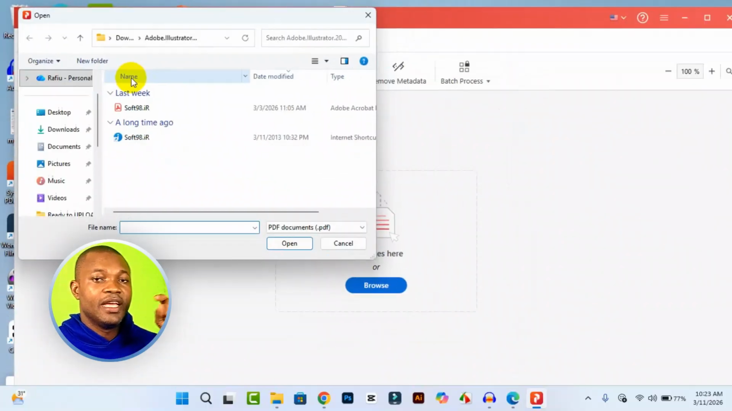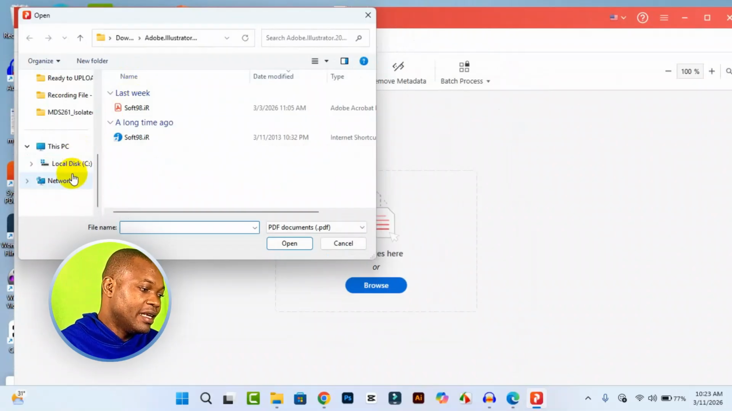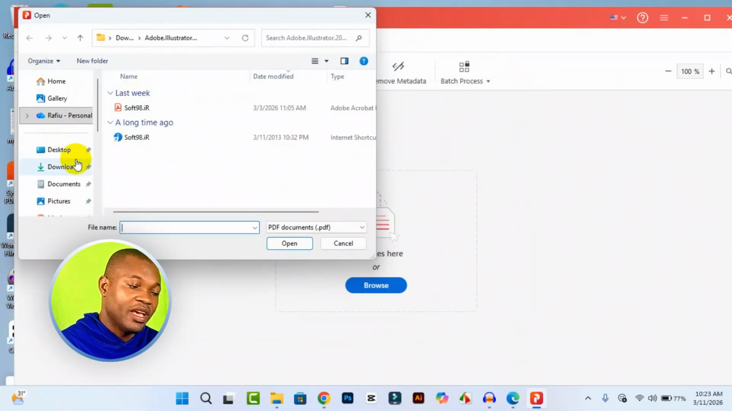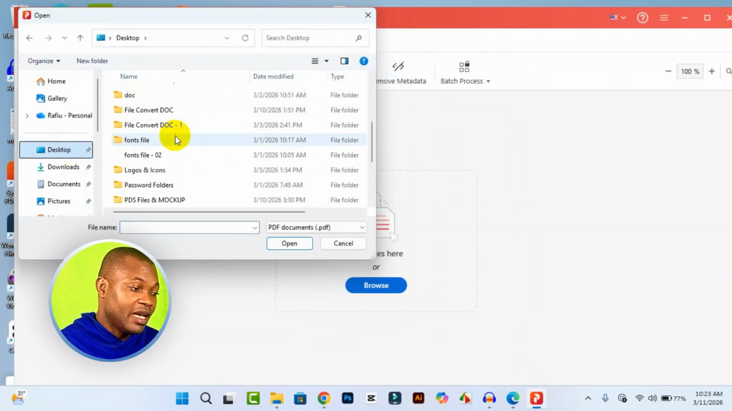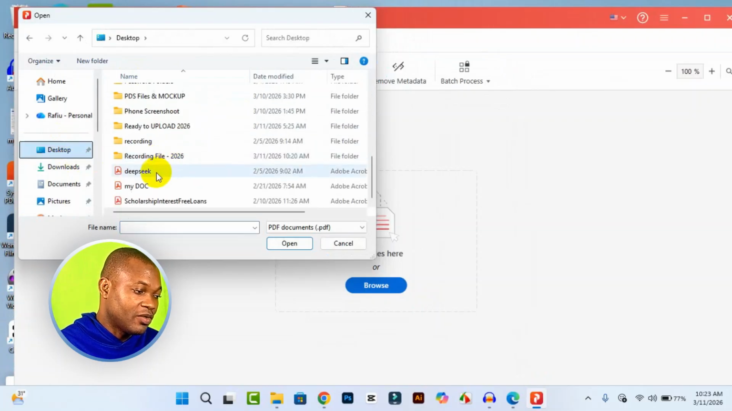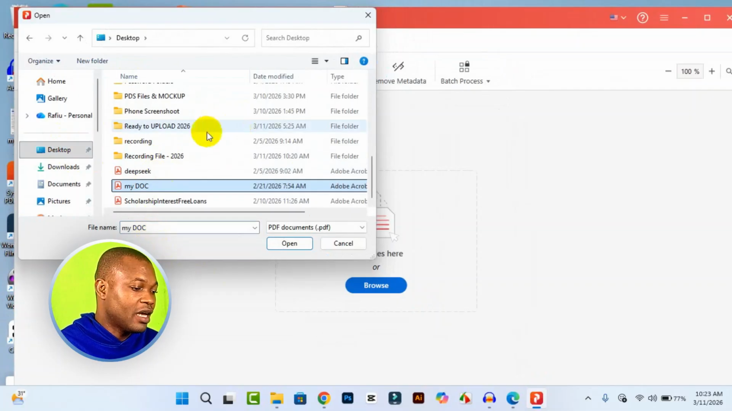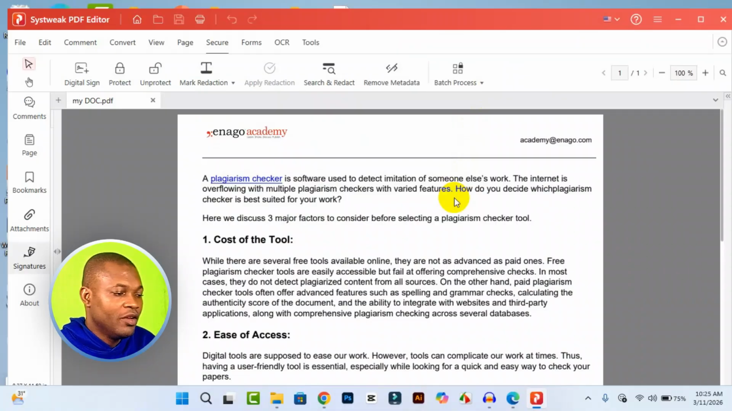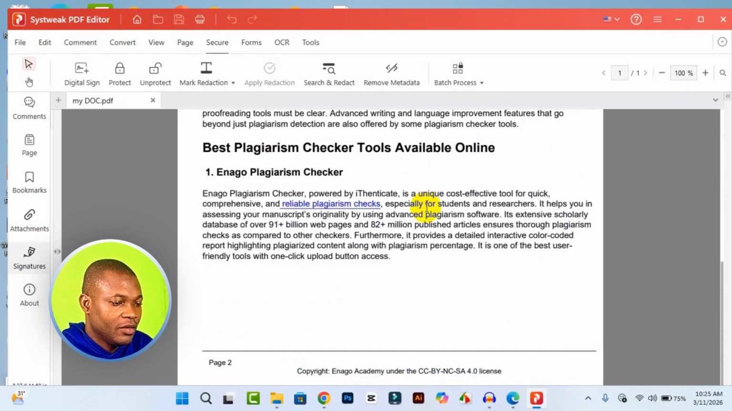What you want to do here is to select the PDF file you want to password. I have a PDF on my desktop right here. Then I'll go ahead and select the PDF file. This particular PDF file, my docs, I'll hit open. Having loaded the PDF file in the workspace right here,